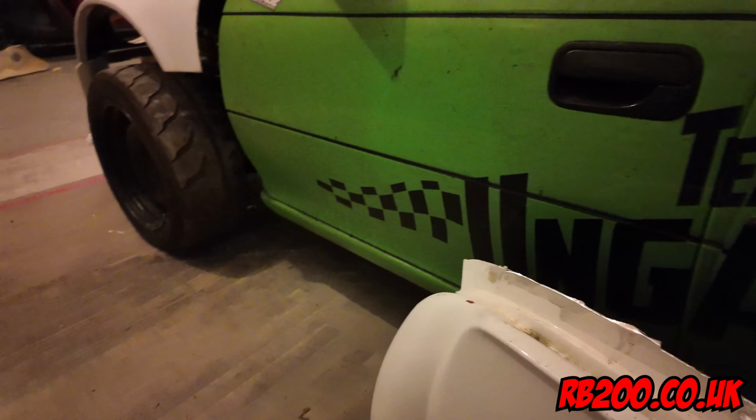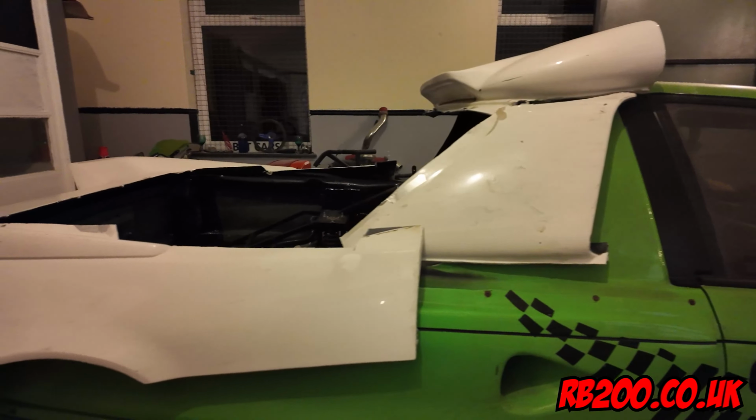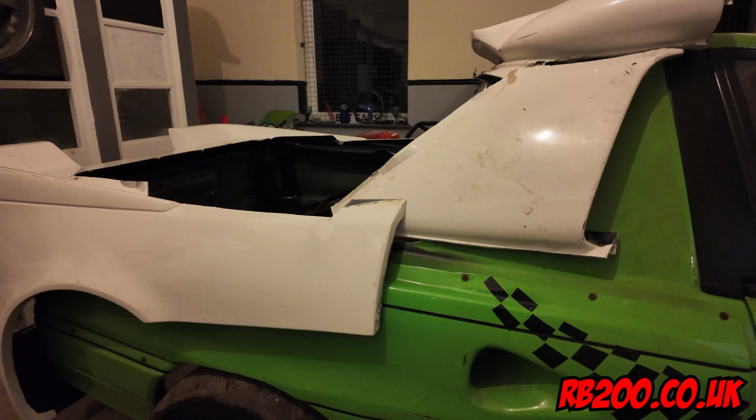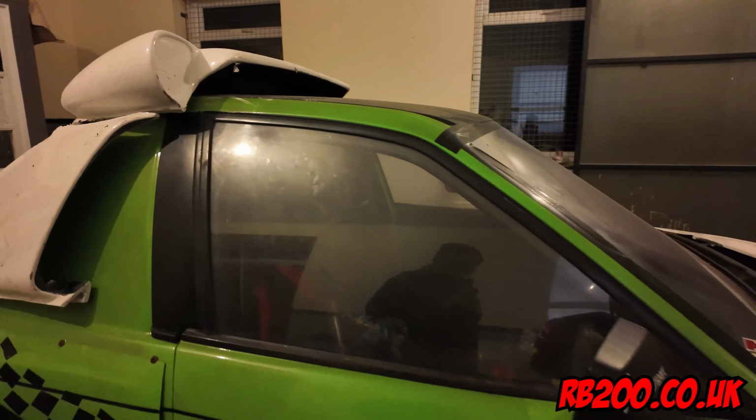So I cut the clam up. Hang on a minute. Right, I know this is quite a stretch of the imagination. If I can bring that up to essentially fit back into there, then it doesn't matter about this bit, we can sort of fabricate it. We're not going for the back at the minute, I'm just visualising what would happen if we did. But by shortening the back of this car and bringing up that forward, it's not far from fitting. Obviously the doors are completely different, the windows are completely different, the roof's higher, so nothing's going to